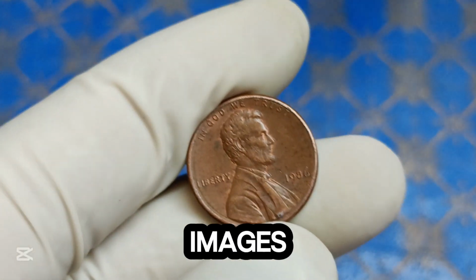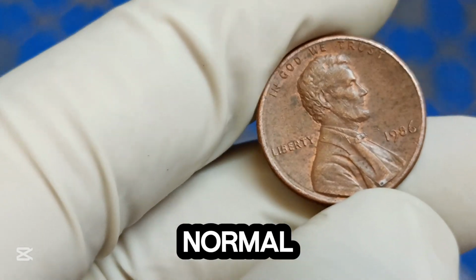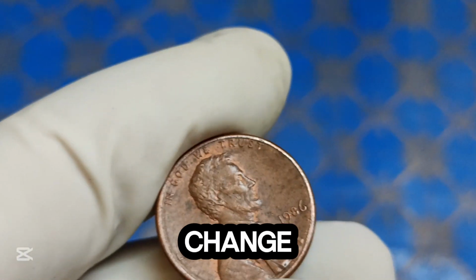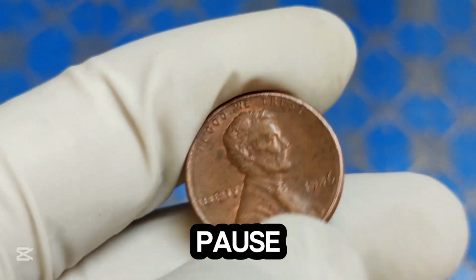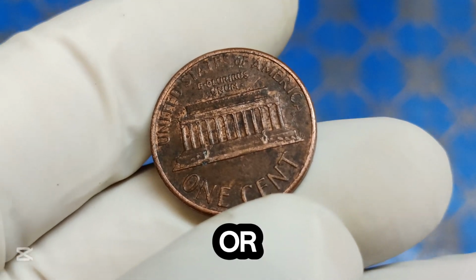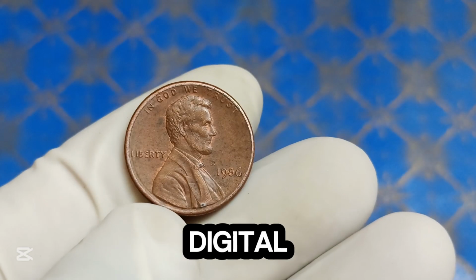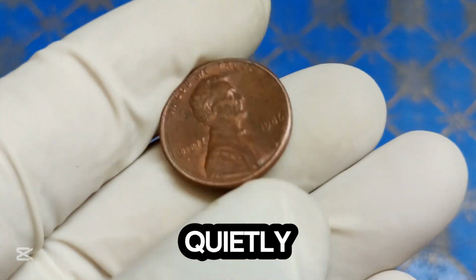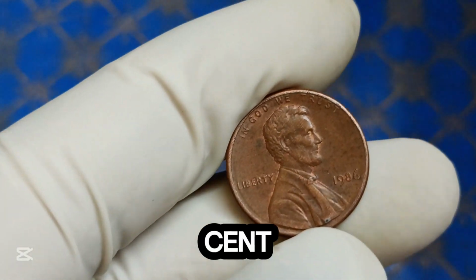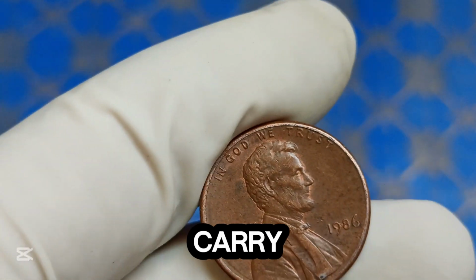List of rare pennies with images, dates, and values. Side-by-side comparisons of normal versus error coins. So next time you're about to toss your spare change in a tip jar or a fountain, pause. That tiny coin might be a piece of American history, or better yet, a valuable collector's item. From the founding fathers to the digital age, the U.S. penny has quietly reflected our nation's story. Whether it's worth 1 cent or $1 million, the penny proves that even the smallest things can carry the greatest